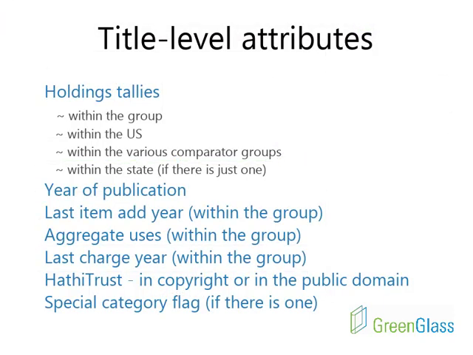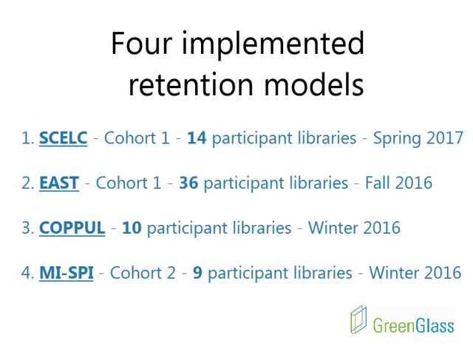Some groups have decided to limit the universe by pub year, such that the most recently published titles are not allocated for retention. Other groups have decided to focus retention commitments on titles that are scarcely held, either within the group itself or within a wider geographic region. Often, it makes sense to use multiple complementary parameters such that the final retention level or percentage retained approximates the appetite of the group. What follows is a description of 4 successfully implemented retention models that were developed using the